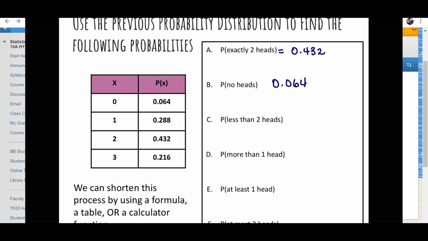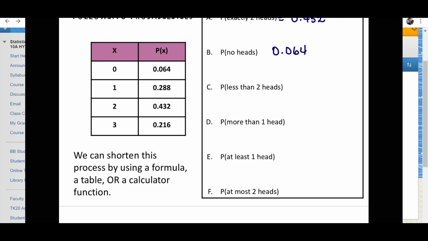Okay, so now let's get to the next 4. These are using some inequality terminology. When we have inequality, that means that it's not equal to a specific number, but it's less than or greater than, less than or equal to, greater than or equal to a certain number, and usually includes multiple numbers as possibilities. So when we say less than 2, the numbers that can be less than 2 are 0 or 1. 2 would not be included here because 2 is not less than 2. And so because our key word implied here is or, we're going to add those 2 probabilities. So we're going to add 0.064 with 0.288, and we're going to get